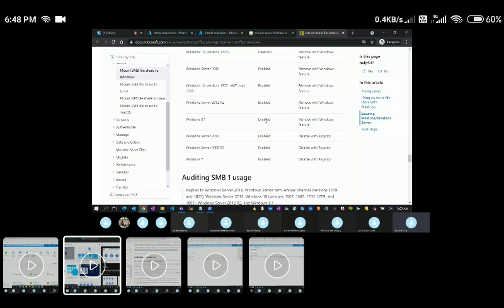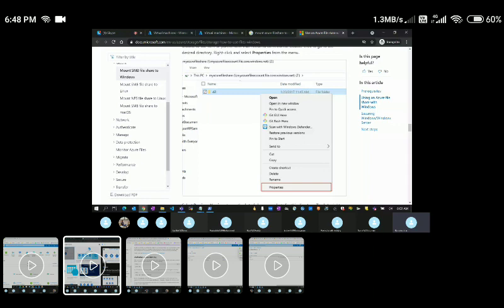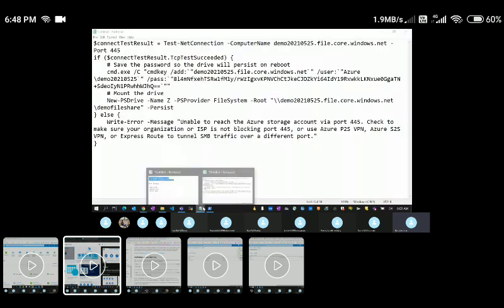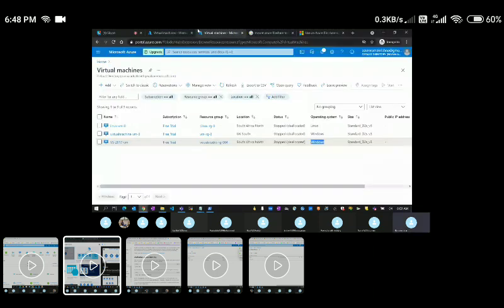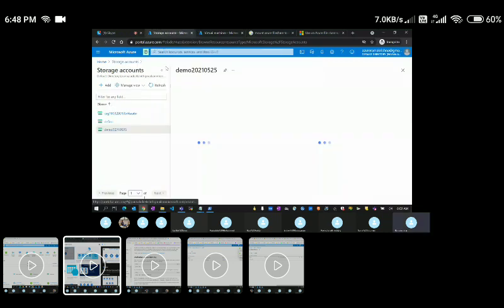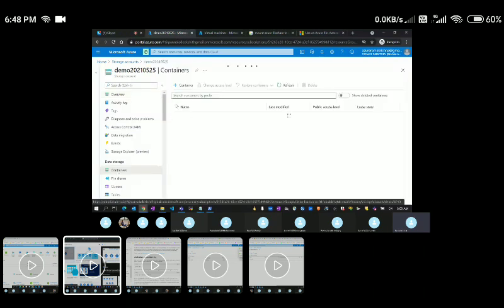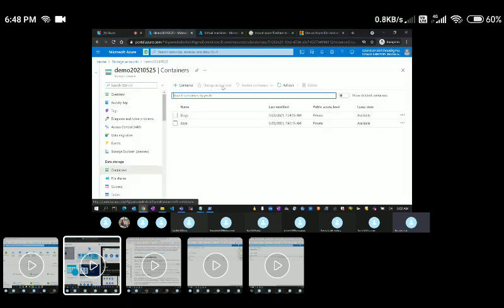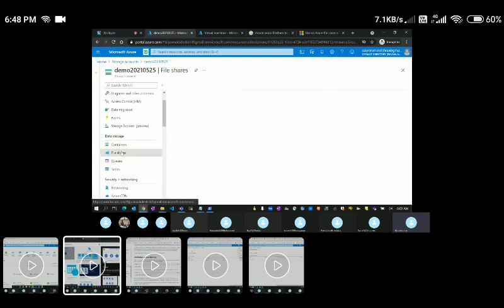Whatever we discussed, I'll quickly recap. We just created a storage account. We discussed the types of storage accounts, and we saw what properties are available within a storage account. Let's say I go to one of the storage accounts here. Yes, this is the storage account which I have created. We discussed the remaining features, and I created a blob storage, that is a blob container. Within this I tried to upload, and I created a file share. So that is how we can upload and download the data. Now we have created this particular LRS